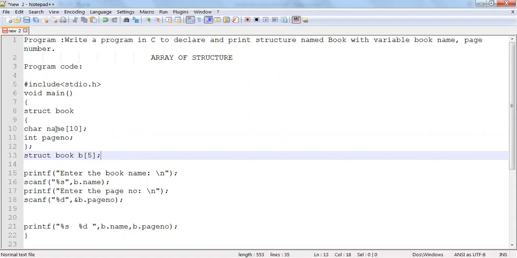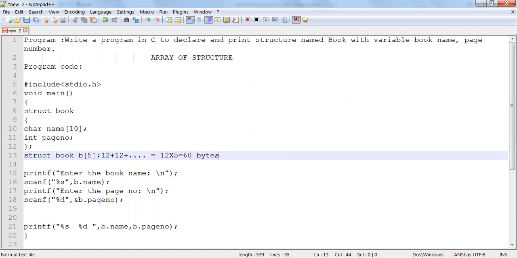For one book, the size is 10, because the character array size is 10, and this is an integer. Take it as a 16-bit compiler, so 2. 10 plus 2 is 12. 12 for 0 index plus 12 for the next index, it goes on. So this becomes 12 into 5 books equal to 60 bytes.